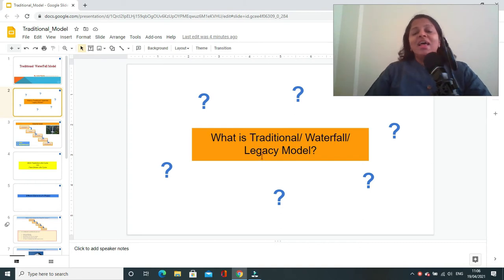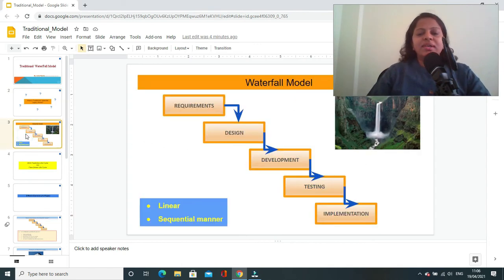Now let us see what is traditional or waterfall or legacy model, and why do we call this project life cycle as a waterfall life cycle or a waterfall model. So you can see this is a typical project life cycle model,